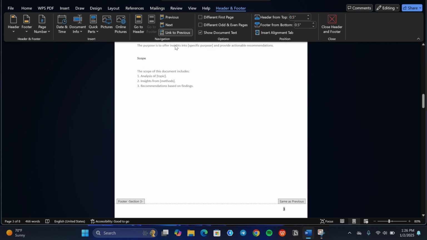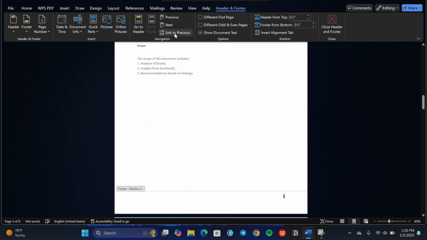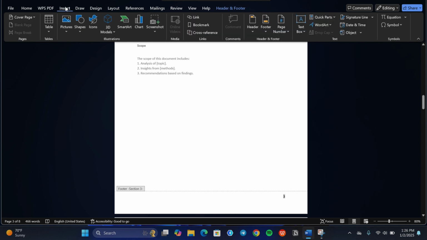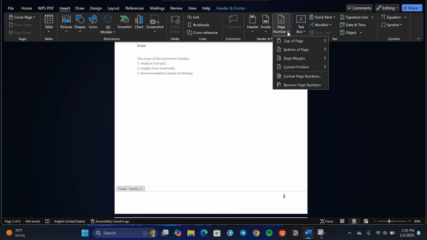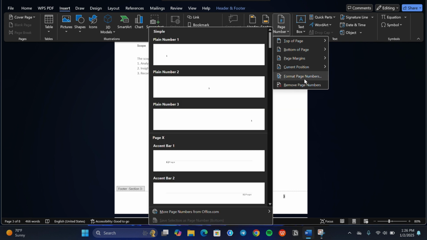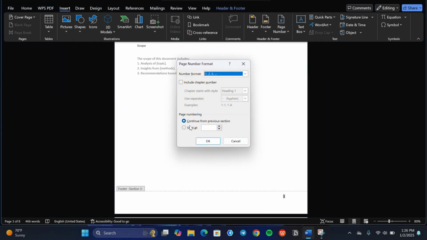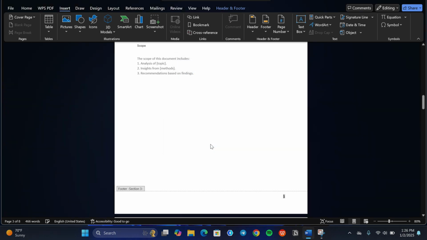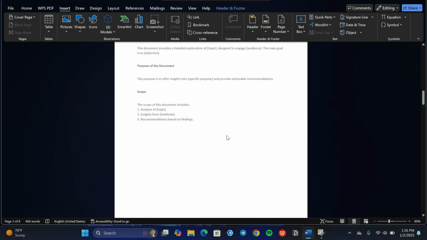Now click on Link to Previous. Then once again go to Insert and click on Page Number. Click on Format Page Number. Click on this round checkbox and make sure it says from 1. Then click OK. Now as you can see my page number starts from the second page and it continues up